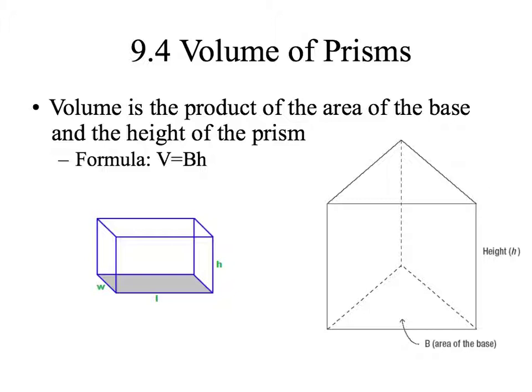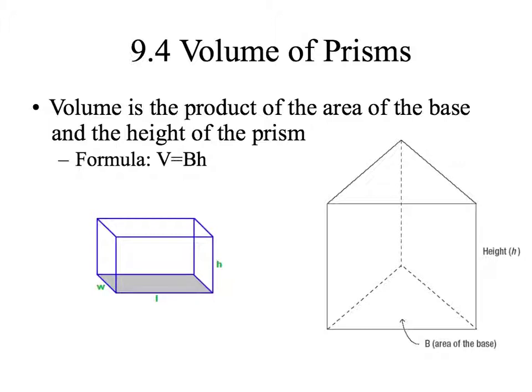It says volume is the product of the area of the base and the height of the prism. It doesn't matter what kind of prism you have. Here's a rectangular prism. Here's a triangular prism. Bottom line, as the formula dictates here, you have to find the area of the base, whatever it is, and multiply